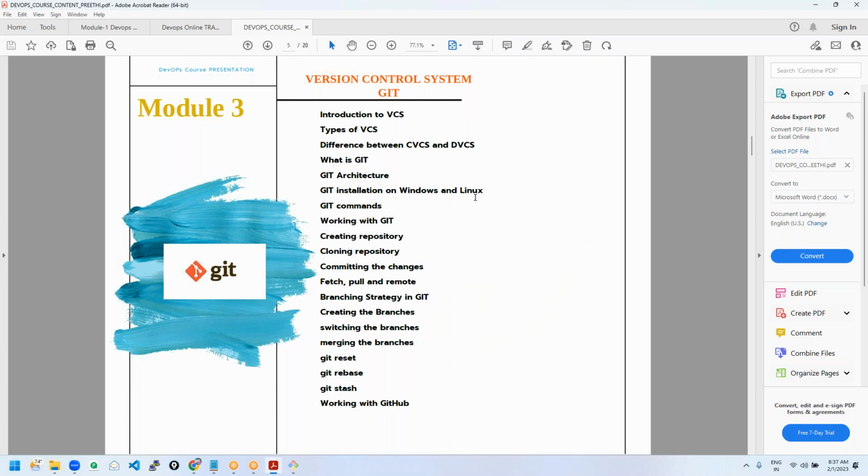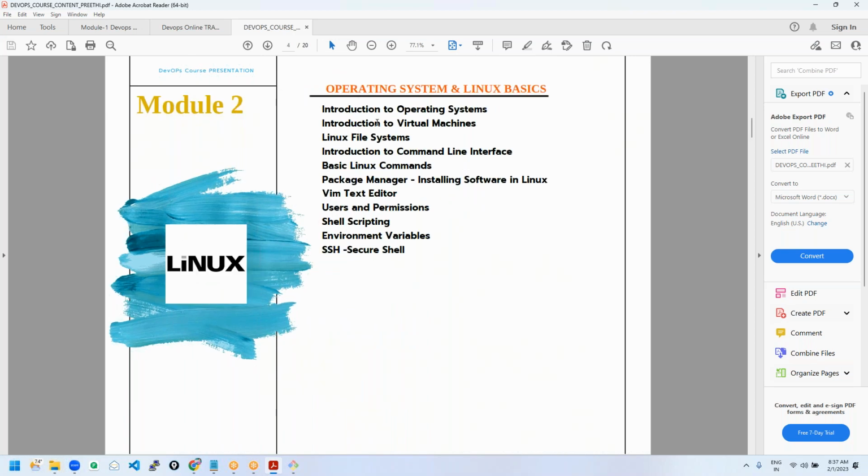Module 2 will be taken after module 3, Siddharth. It's about Linux. After we learn Git first, then we'll go for the operating system,